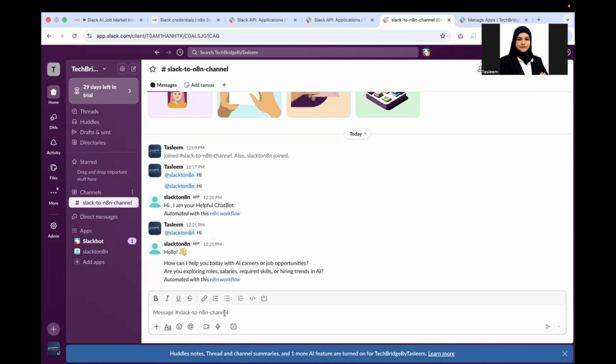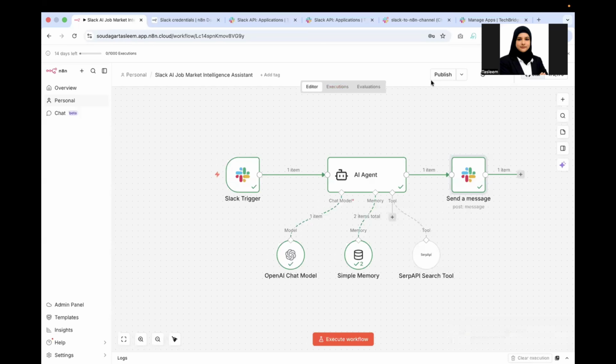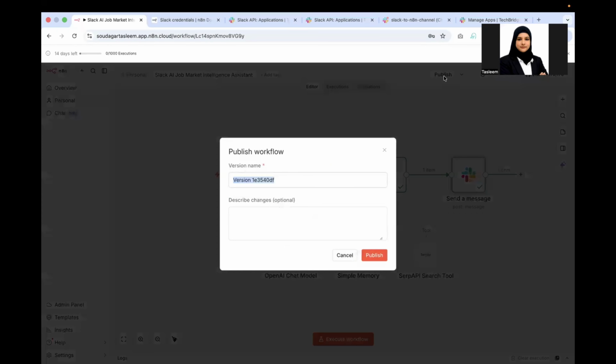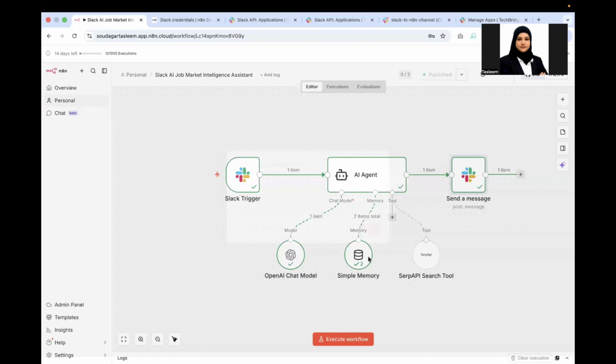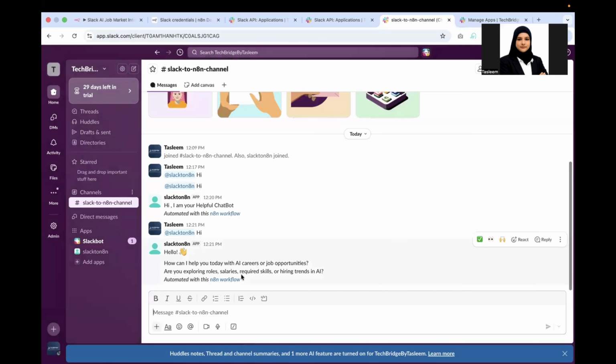Now if I need to execute again, instead of executing, let's publish it, right? If you publish it, I don't have to execute the workflow again and again. So I have published it. So now if I say,